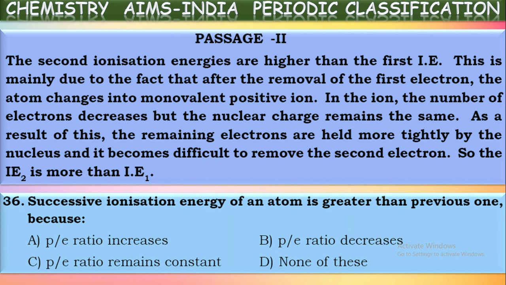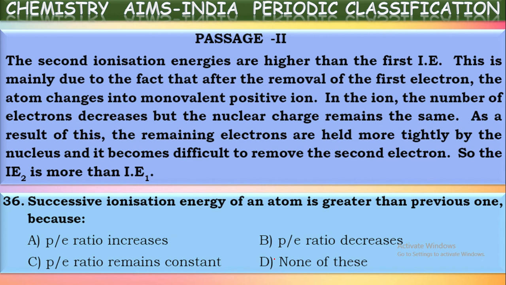Successive ionization energy of an atom is greater than the previous one. This is because, why? Second ionization potential is always greater than IE1, and third IE is always greater than second IP, fourth IP is greater than that of third IP, and so on. Why is it so? Why, what is happening? This is because